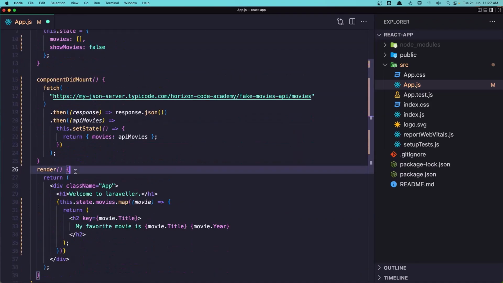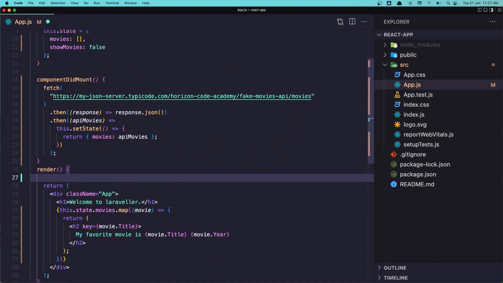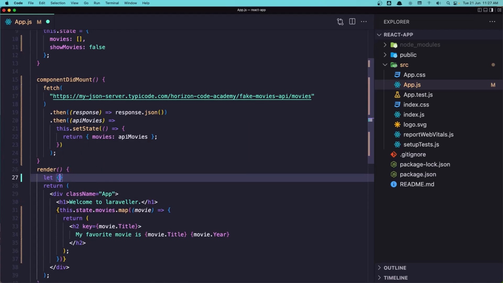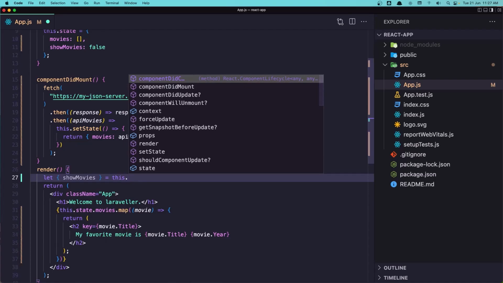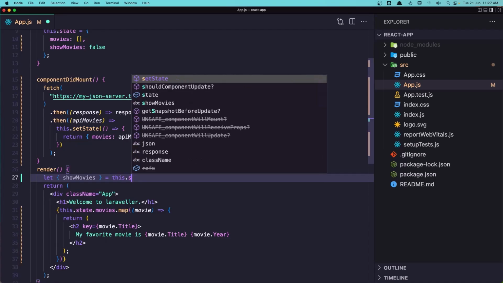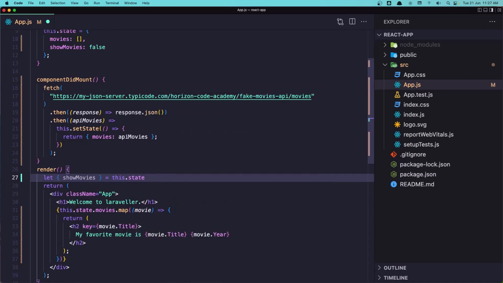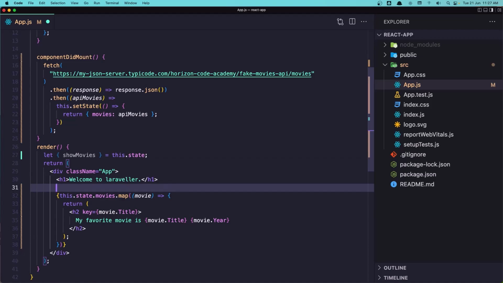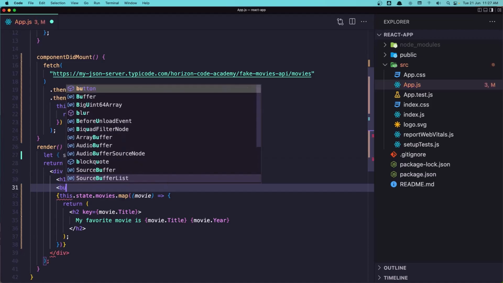Now here in the render, I'm going to say let show movies and say this.state. So I'm going to get that show movies here, this state from the state, and I'm going to add a button after the h1, say button,